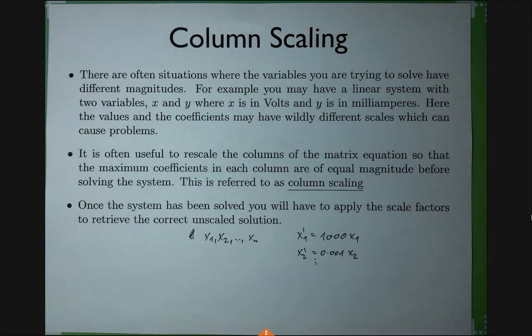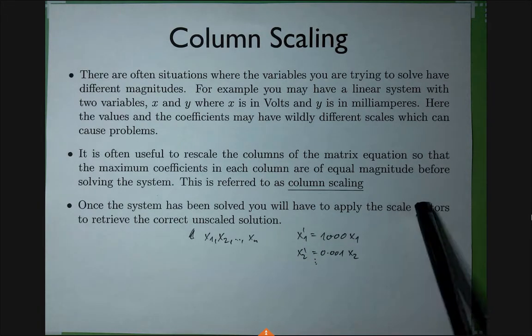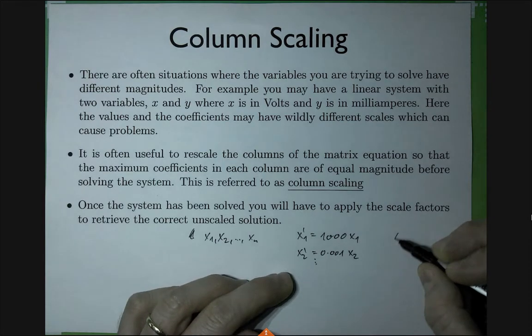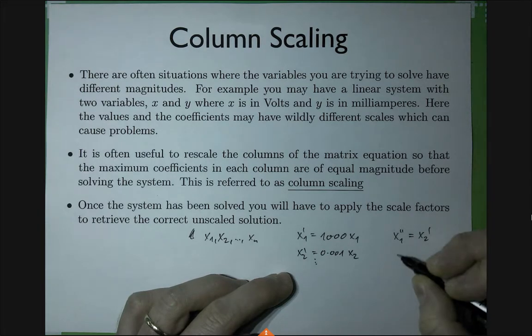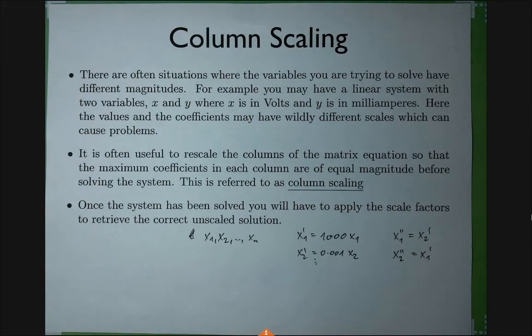Oh, by the way, another trick you can play here, and that's what leads to complete pivoting. You can also reorder the columns, because you could do a third substitution where you could say that x1 double prime would be x2 prime and x2 double prime would be x1 prime, right? So what you can also do is switch the columns around. I wanted to explain more about the switching later, the permutation matrices, but I think it makes more sense to do that next time. So I think we will stop right there.